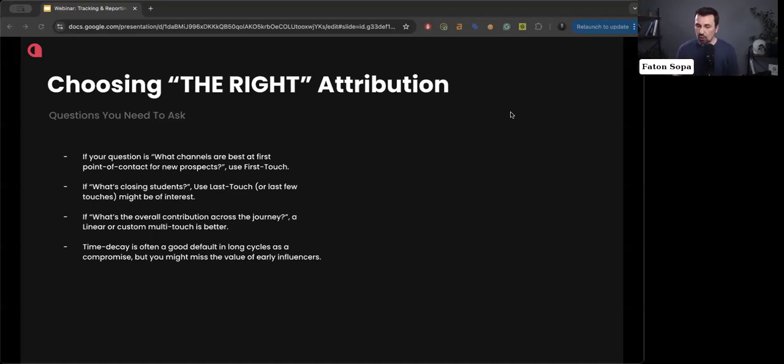If your question is more what's closing the students, then my recommendation is to go with the last touch. If your question is what is the overall contribution across the journey, then you might need to go with a linear or more multi-touch approach. You can also choose to go with time delay.